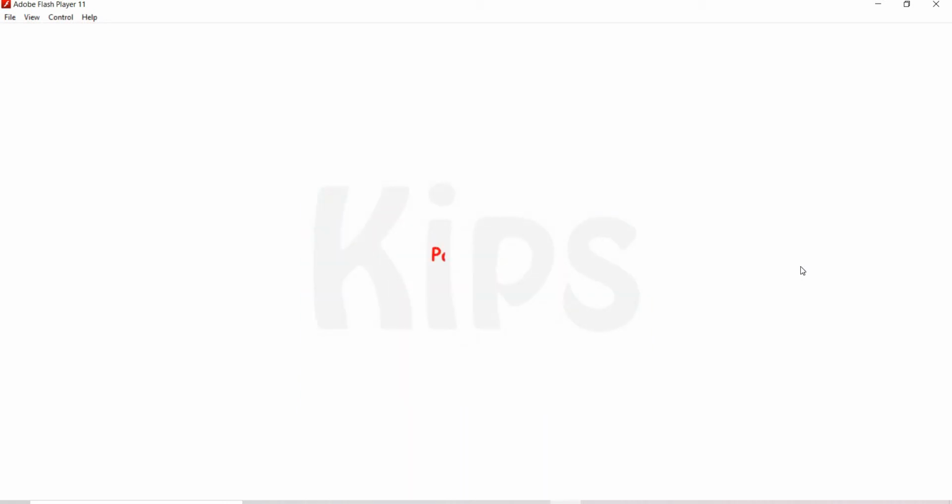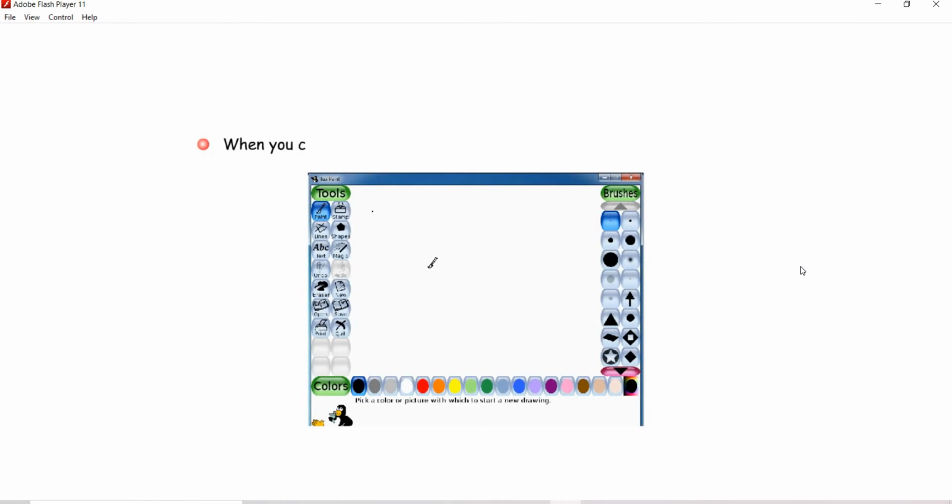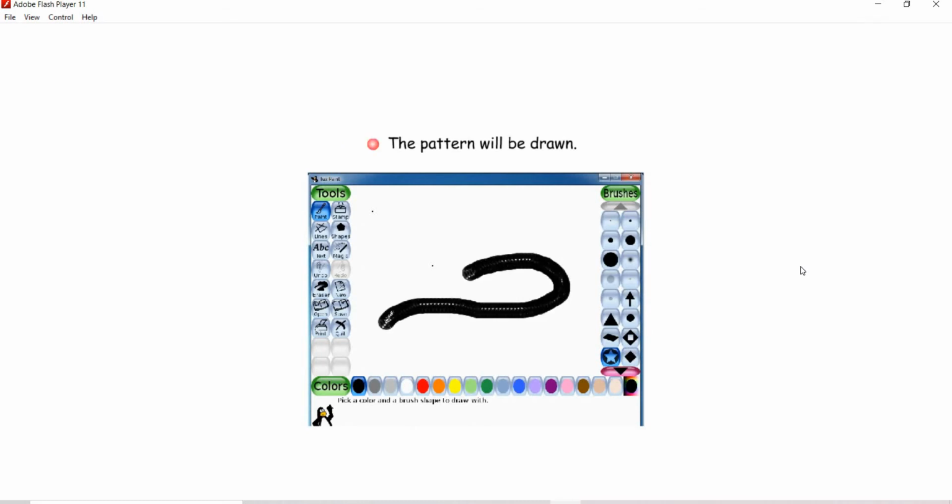Let us now talk about the Paint tool. It is used to paint and draw anything that you like. It is similar to the Brush tool in MS Paint. When you click on Paint tool, many brushes will appear in the selector. Choose any brush pattern. The pointer shape changes to paintbrush. Press the left mouse button and drag. The pattern will be drawn. Now, release the mouse button.